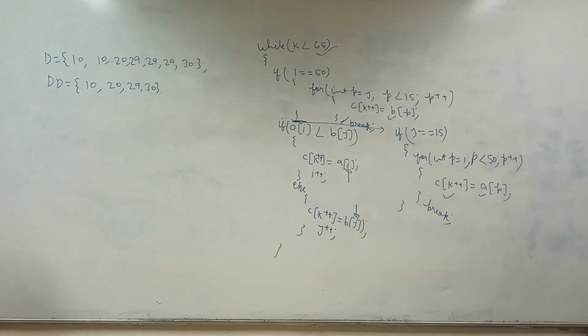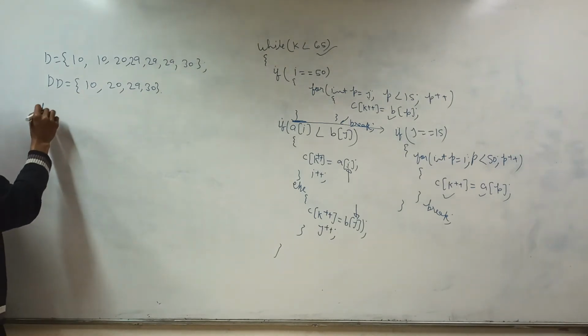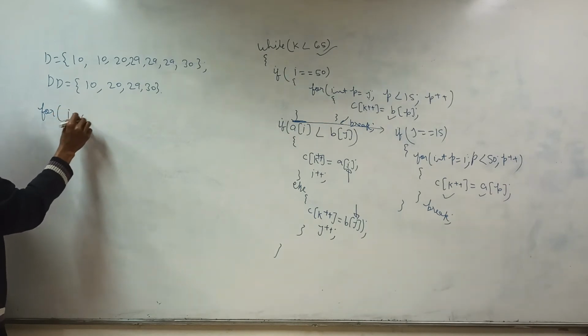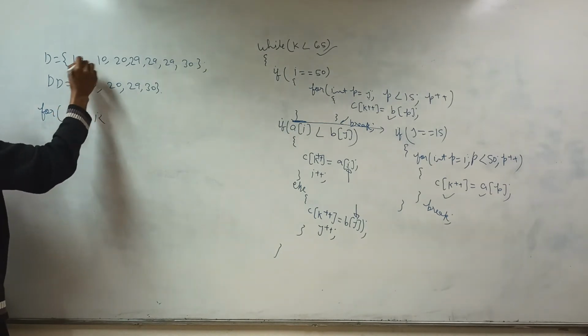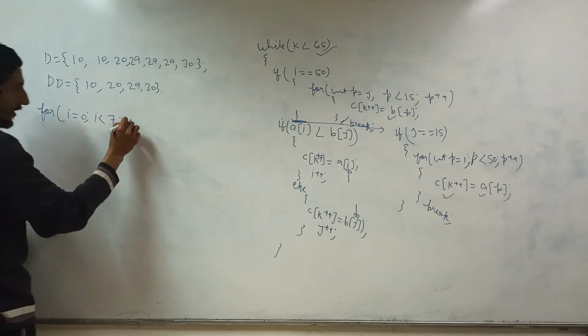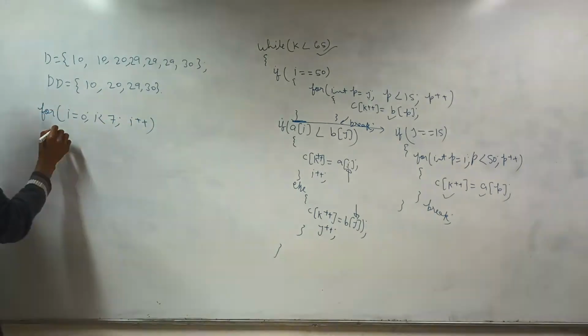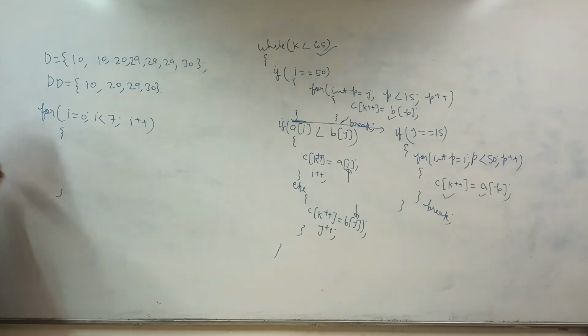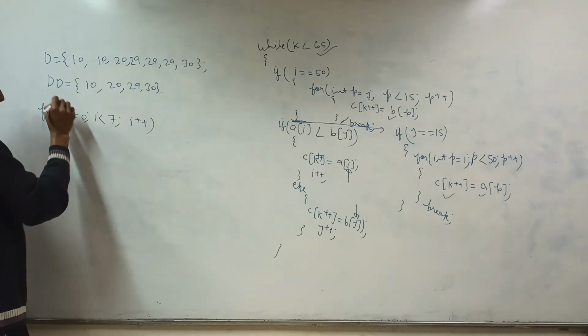So what you should do, first of all, let me explain to you. For, I will start from 0 to 1, 2, 3, 4, 5, 6, 7. That is 7. And I plus plus. Like this. Okay. Then what I will do, I will take a variable p